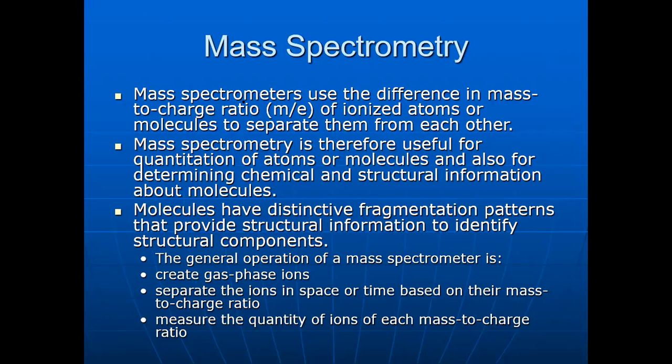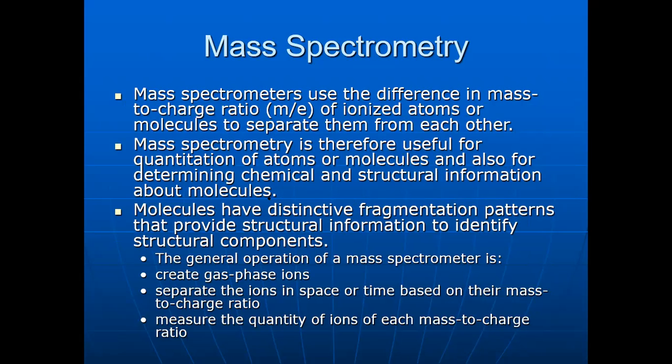Mass spectroscopy uses the difference in the mass to charge ratio. What is the mass to charge ratio? It is something we usually read in our atomic structure chapter during your +1 studies. Mass spectrometers use the difference in mass to charge ratio of ionized atoms or molecules to separate them from each other. A mass spectrometer is therefore useful for quantitation of atoms or molecules, and also for determining chemical and structural